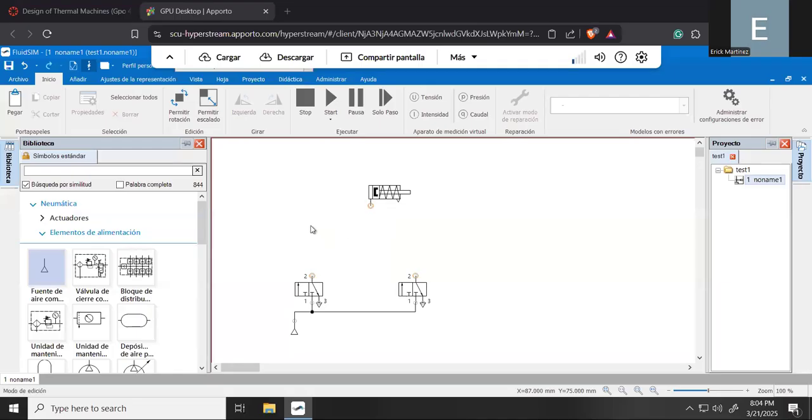Hello everyone. In this video, I wanted to show you how you can simulate the behavior of an AND and OR logic functions using pneumatic circuits. So for this purpose, I already placed in here in FluidSim three main elements. I have the single acting cylinder, and here I am placing the air source of the pneumatic circuit, and this